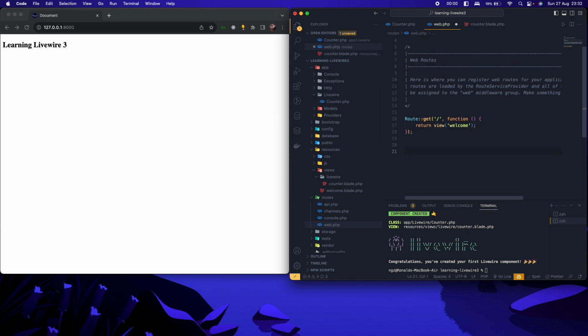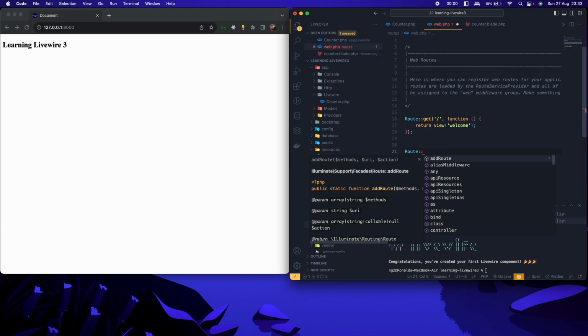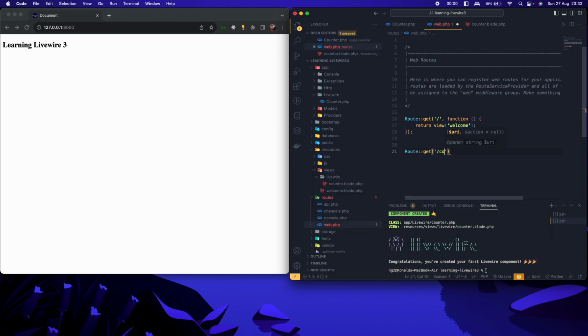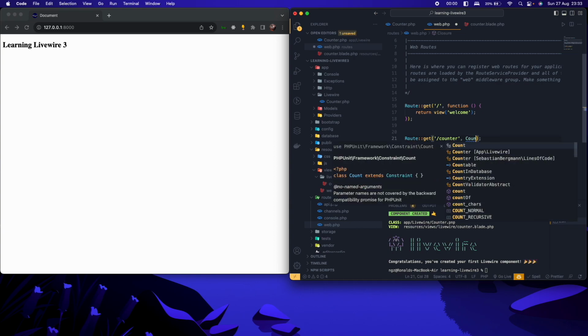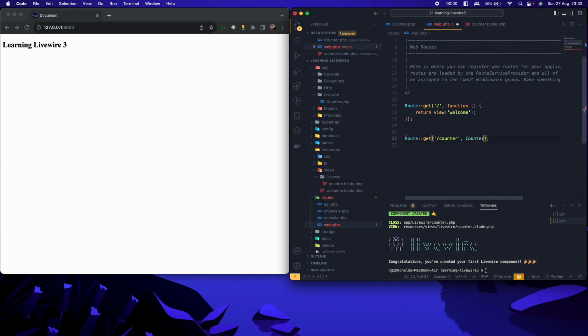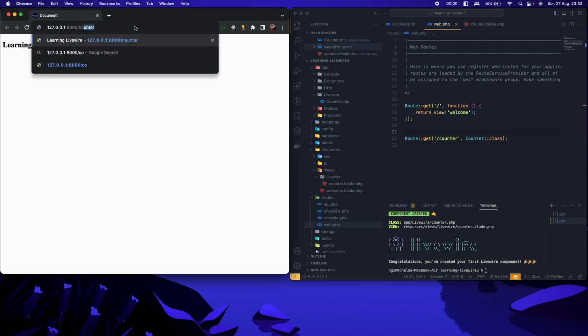So just down below here, I shall say Route::get('/counter'), then we shall pass in a callback function. Actually, we don't need to even pass this callback function. You can just reference the counter class itself. Counter class, that's all. So here in our app, if we navigate to /counter,